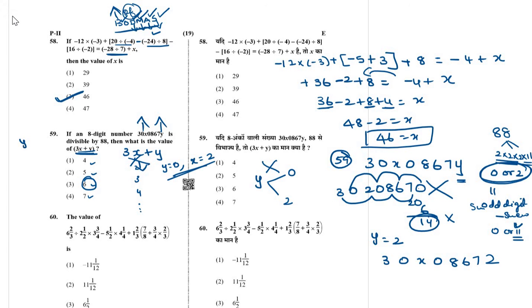So y value is 2. We have to check the value of x. Suppose consider this equation. Here I am putting y value is 2. What are the possibilities of x? Suppose x equal to 0, we get 2. 2 is not in the option, so x equal to 0, no need to check. X equal to 1, at that time we will have 5. 5 is in the options, so we need to check.